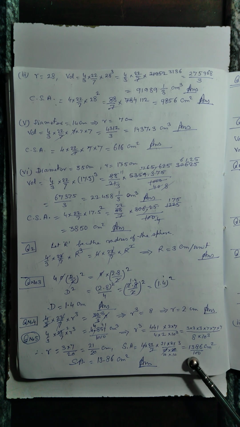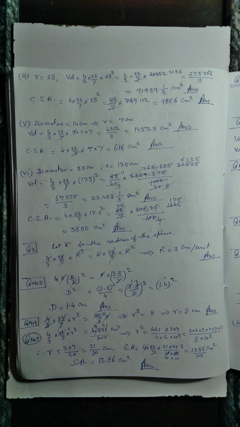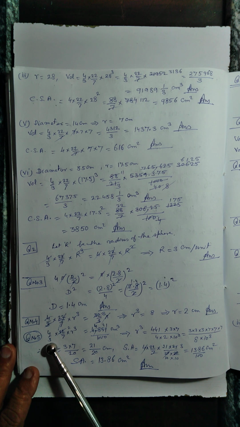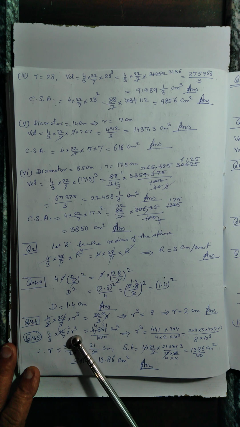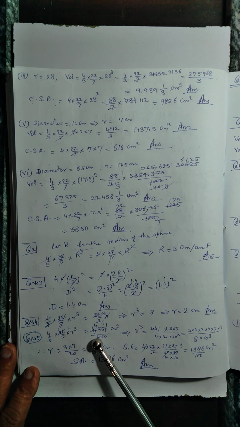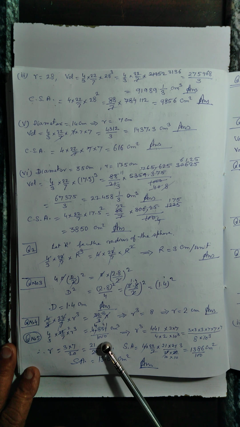This will be the answer of question number 4. Now come to question number 5. Question number 5 states that the volume of the sphere is 4.851 centimeter cube. Find its surface area. Now see here, 4 by 3, 22 by 7 into r cube. That is given, that is 4.851. So in order to remove this decimal, I have divided it by 1000. Now you see